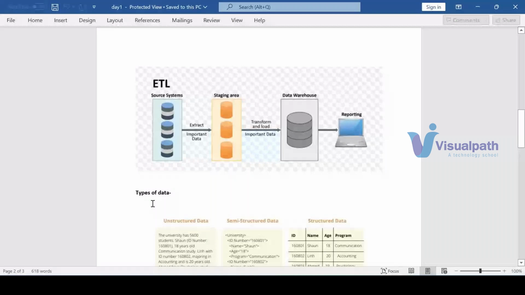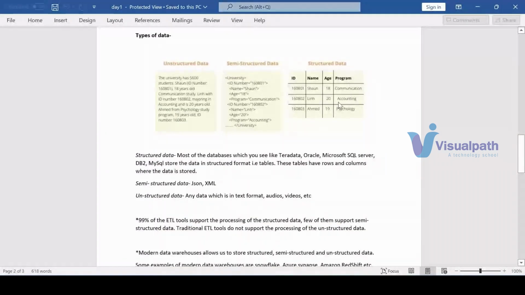And the types of data: unstructured data, structured data, semi-structured data. In structured data, mostly it will be in tabular format. In semi-structured data, the examples are JSON and XML. And in unstructured data, these are text, audios, videos. These are the examples. And also, this is the main point: